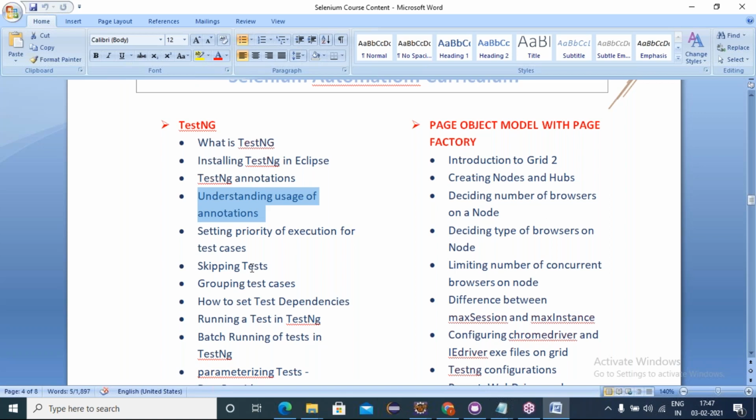Yes, parallel execution can be done in the TestNG framework. Parallel executions can happen irrespective of test methods, classes, or suites. Like this, we'll be running our test case executions in parallel irrespective of classes, methods, and suites. I'll show you all those things. Suppose we are developing a number of test cases and I want to run all of them as a batch. I must group all the test cases. How to group them, I will show you in the TestNG framework.